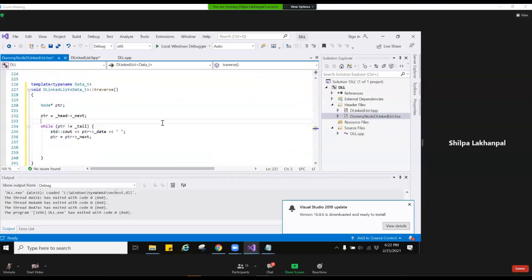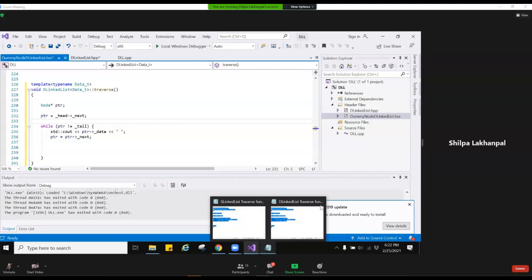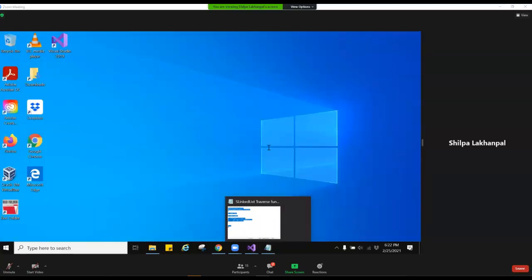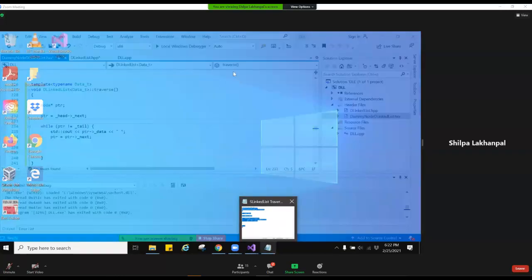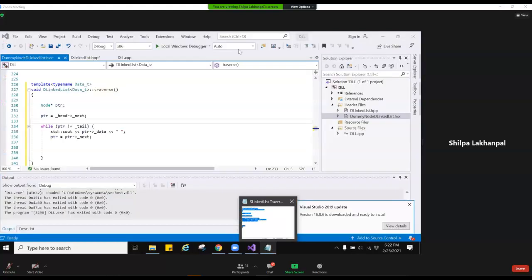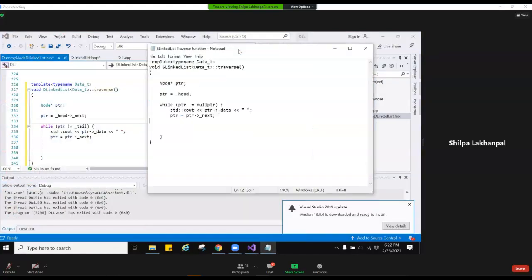And now let's look at this traverse function. This is very similar to the traverse function for the singly linked list, but there is one difference over here. Let's just look at it side by side. We had the pointers set to the head in the singly linked list, but we are setting it to head's next in the doubly linked list.